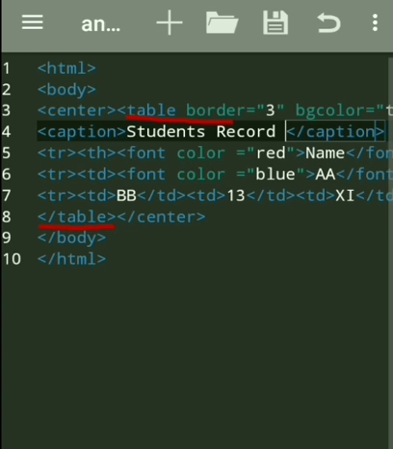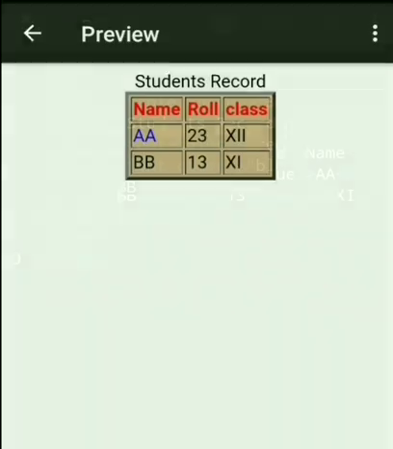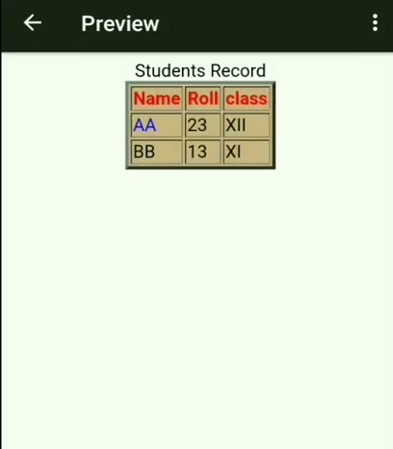Then you can see students record will be at the top of the table. So this is normal formatting of the table.